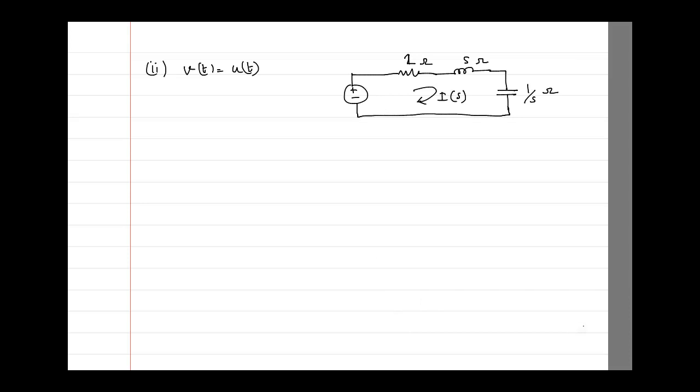So again I have drawn the transform circuit, and here v of t is u of t, and we know that u of t Laplace transform is basically 1 by s. So instead of 1, I will write 1 by s. Previously it was 1, now it is 1 by s. So therefore, applying